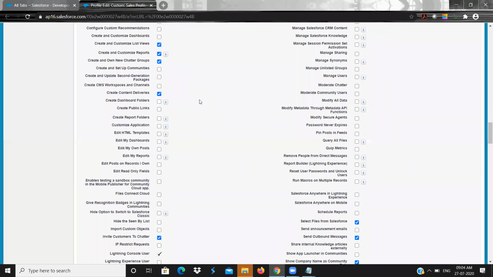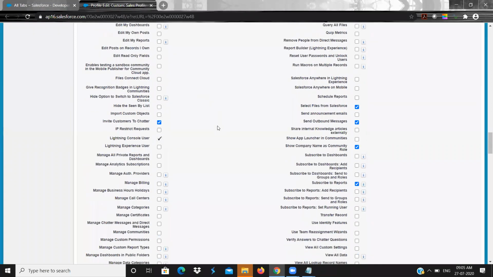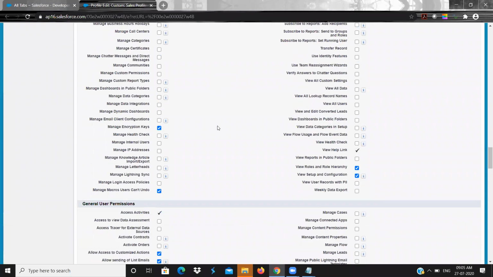In real time also, if we have any issue we will search in Google, and we will get answers like you need to check this checkbox to make this work, and we will check this checkbox. Okay. So these are all many permissions we have in Salesforce, which is practically not possible to have in mind everything. So whenever the requirement comes, we can search and we can enable it or disable it based on our requirement. Okay.